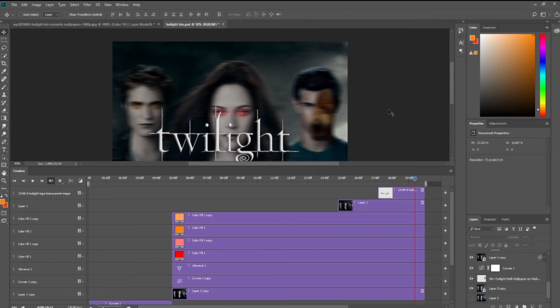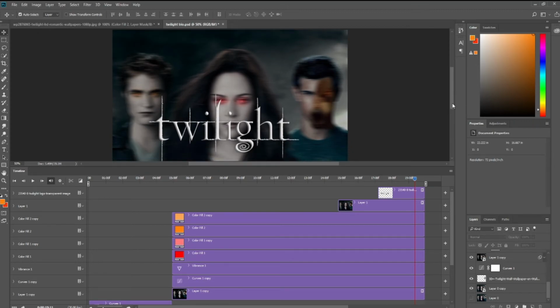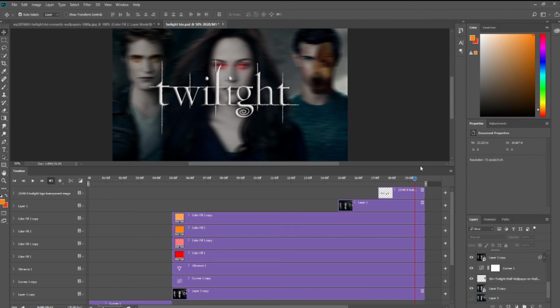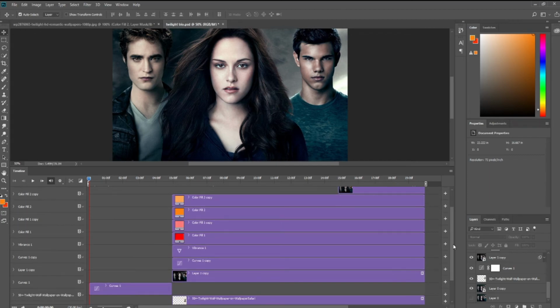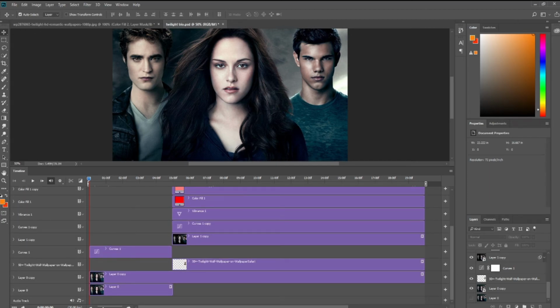As you can see, these are the same layers which you have seen in the layers panel. We just animate all these layers to make a whole 9 or 10-second video. Let me drag the timeline to the 0 second, and there is the first layer. There is the second layer of that wolf, third layer of the curve.